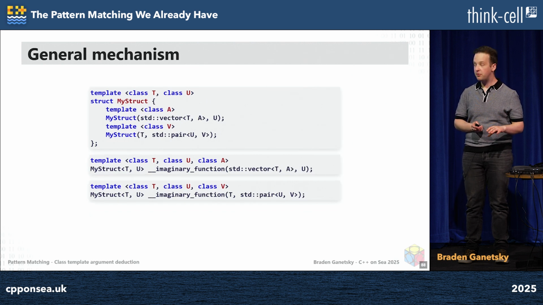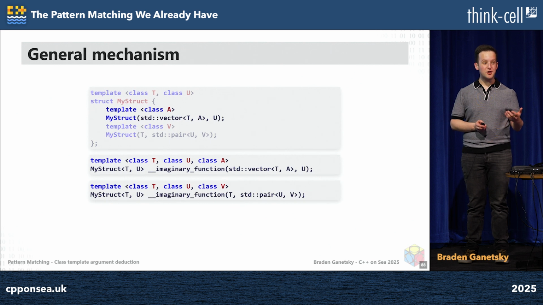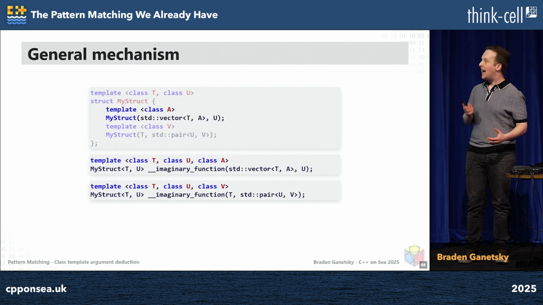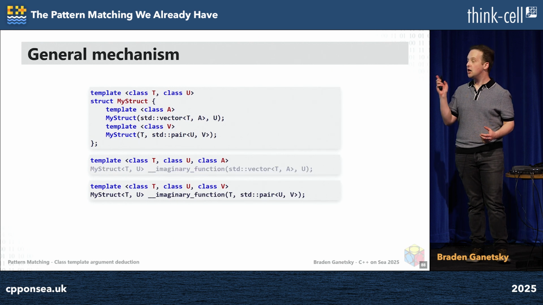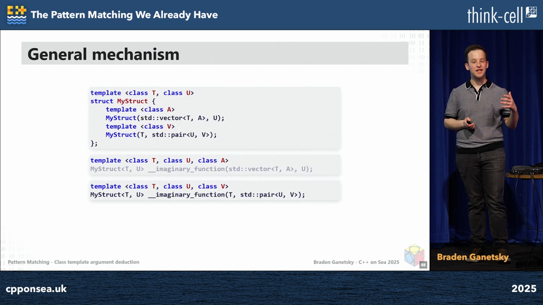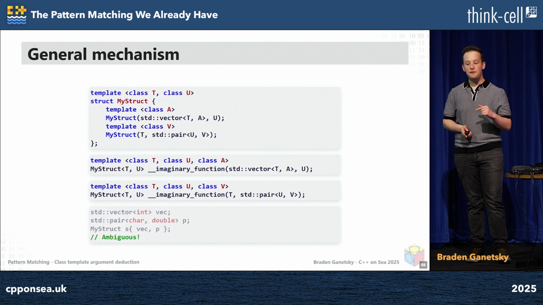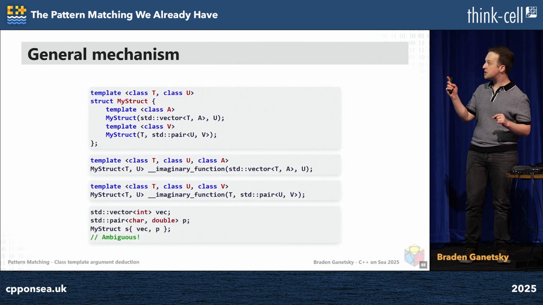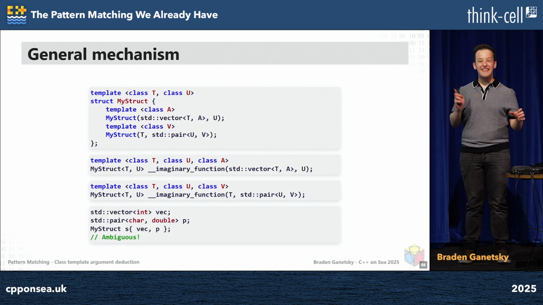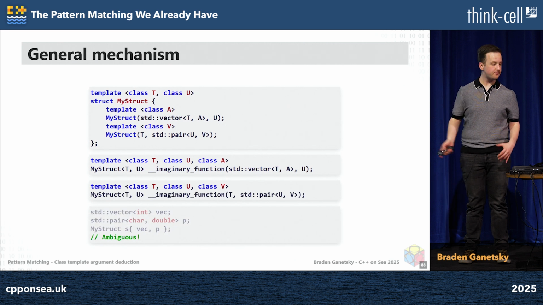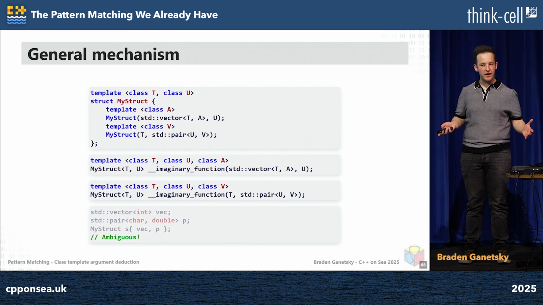But we can change up how this works. Remember, vector actually has a second template parameter. So we can pass that in. Let's say we want this struct to actually make use of the allocator. And so now the first constructor becomes a template, and we have to modify the deduction guide to do the same thing that that constructor template would do. So now that we've done that, if we, again, try creating this myStruct with a vector and a pair, this is now ambiguous. How do we sort out this ambiguity?